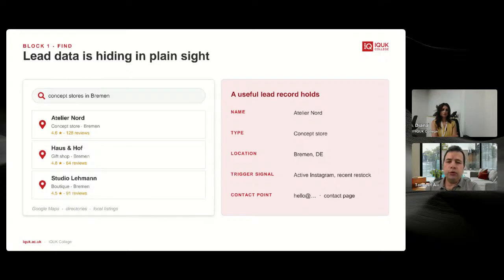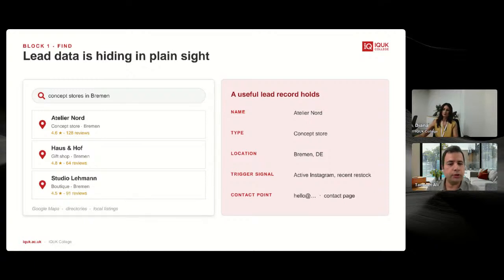If you look at one record or one lead, there are a few things that you want to see: the name of the business, the type, what category that business is, whether it is a concept store or a gift shop, and what category Google Maps has given to that business. That's your main clue if it's relevant or not.